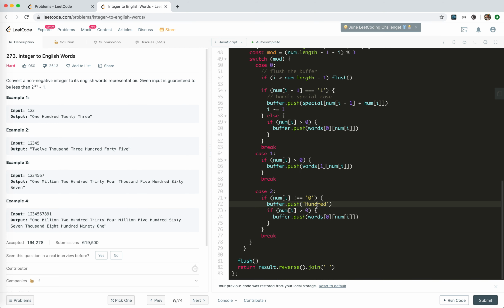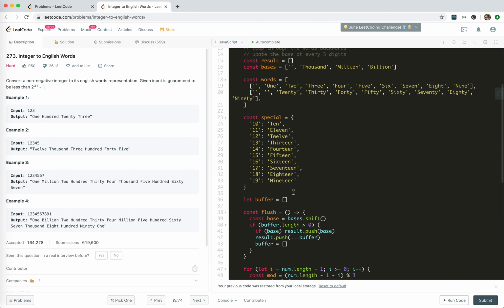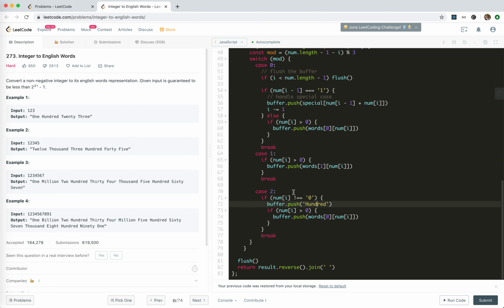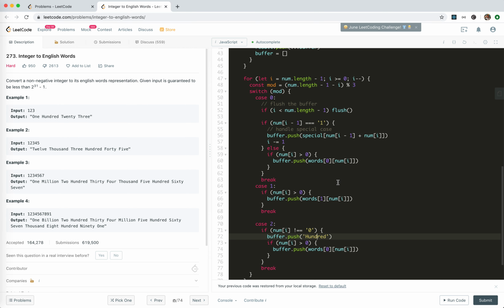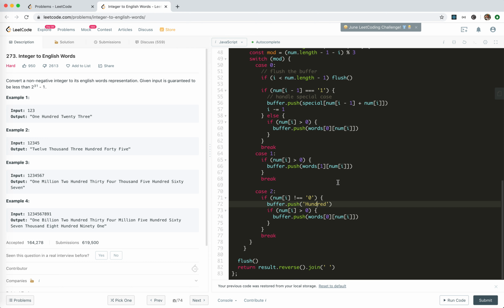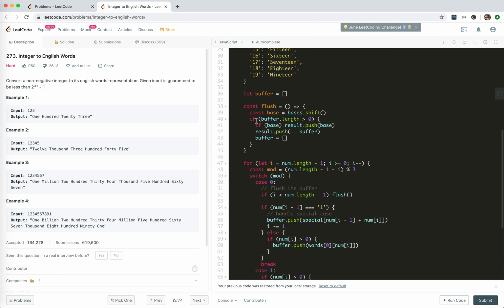Wow. I'll just skip through this question. I think it's very tedious. We need to just handle the boundary very well. It's labeled as hard, but the general idea doesn't change. We just use a buffer and do it segment by segment by 3. If its mod is 0, it's not actually this digit. It's actually the